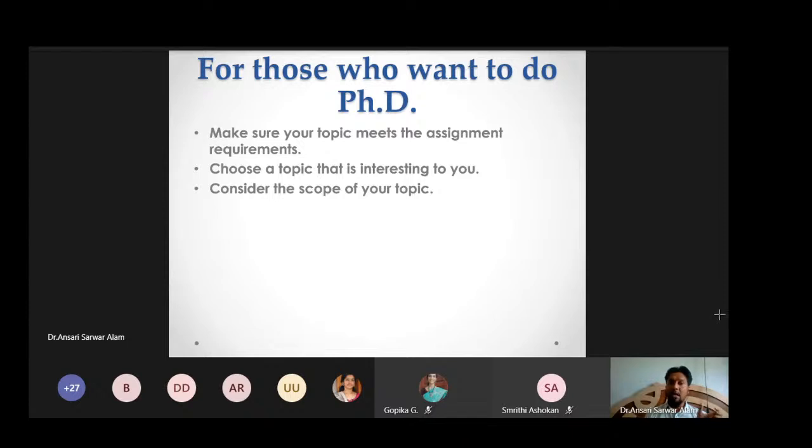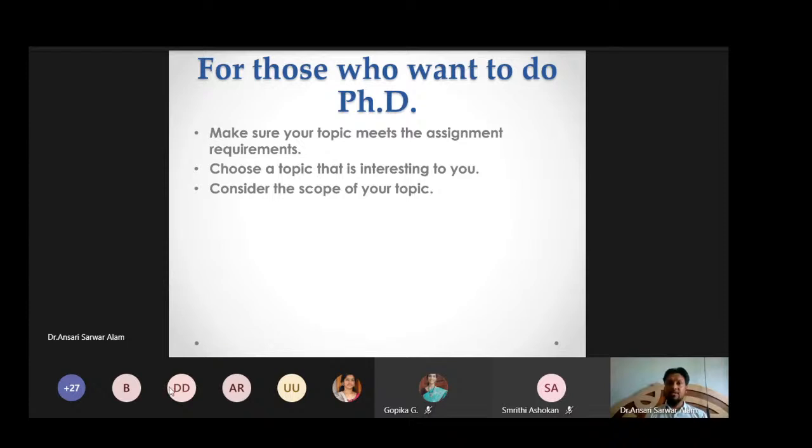But if they are eager to learn, if they want to apply their knowledge in a practical manner, then obviously the PhD degree will become somewhat easy for them because their zeal, their intention is very clear. So make sure that your topic meets the assignment requirement. Here you should know